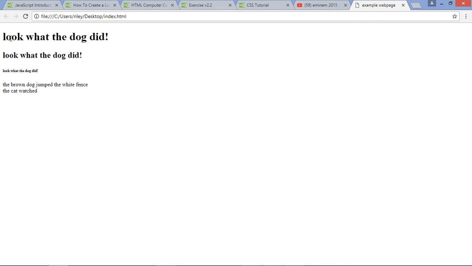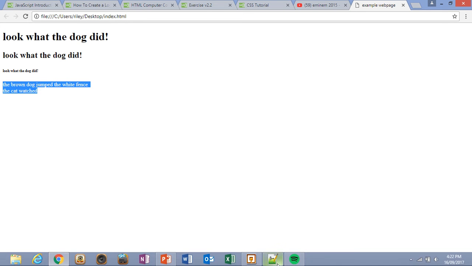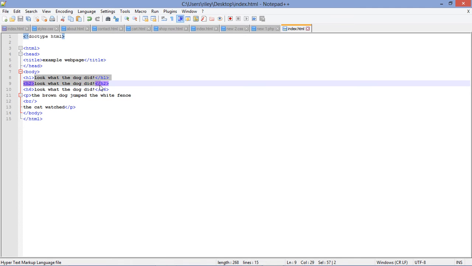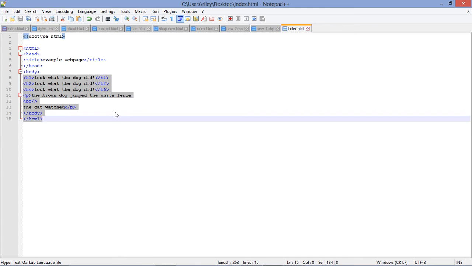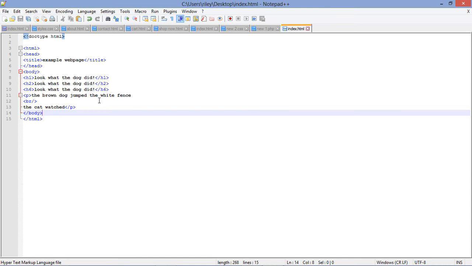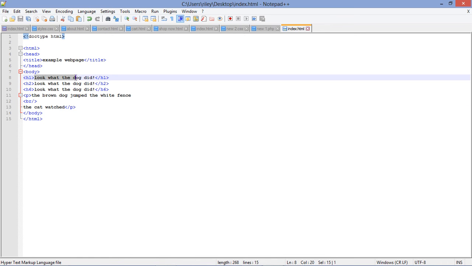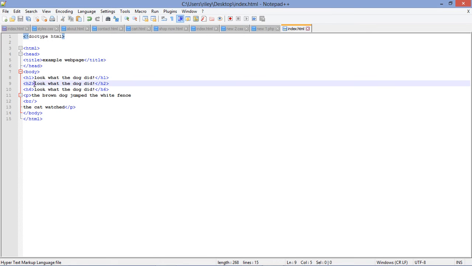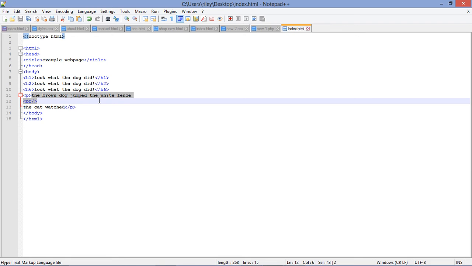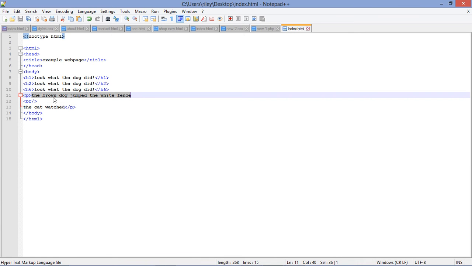So last tutorial we looked at headers and paragraphs, and so this was our coding, and we added a title to our web page. This was our coding from last tutorial, and this tutorial we're gonna look at changing the font for header 1. We're going to change the text color for header 2, and we're going to change the size for the font